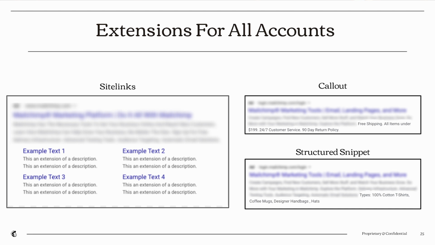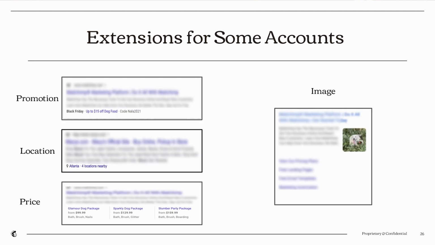So these are examples of non-clickable text, but it does provide additional information around your business. So here you can highlight the different offerings that you have or different features of your business that might make you unique. These extensions might not be relevant for all businesses, but I want to make sure that people are aware of them. One is the promotion extension. So if you have, say, a sale that you want to do on Black Friday, you can go into Google and in the extension section, you can add in a promo and include a code if you would like on what that is, and it will live separately right below your text ad.